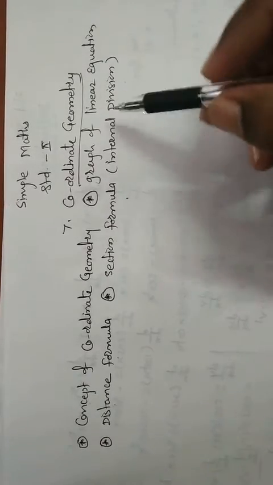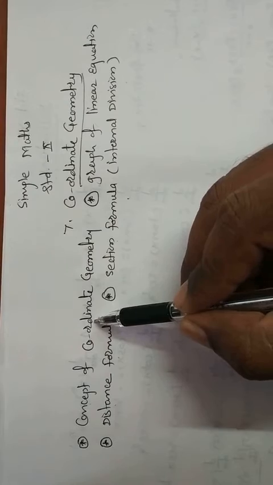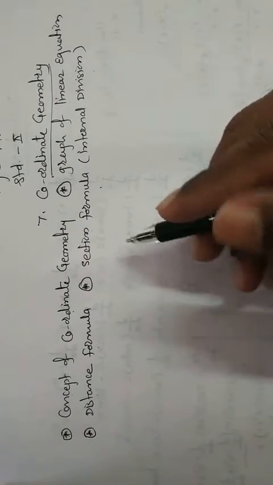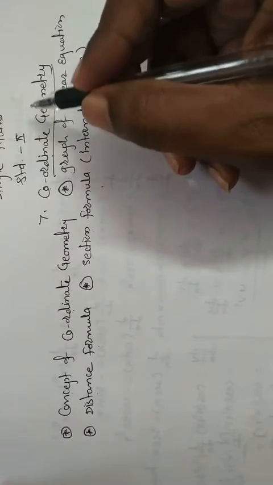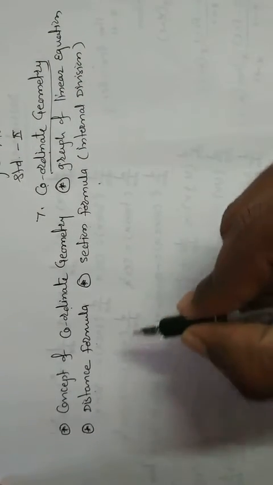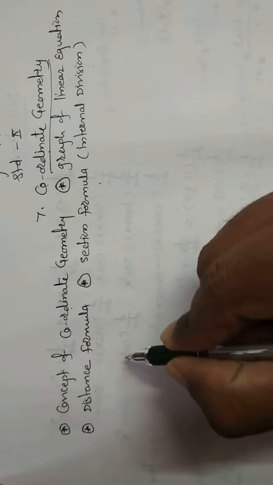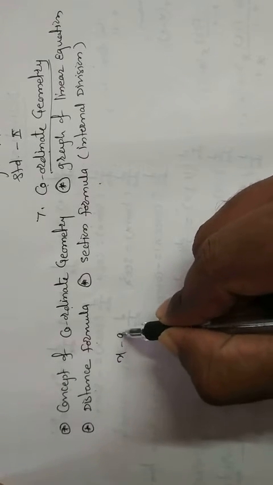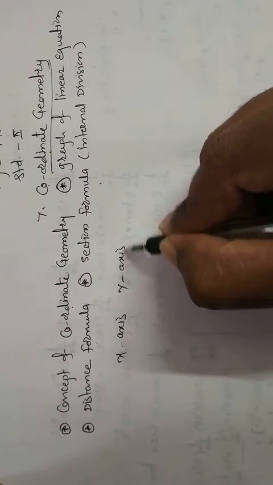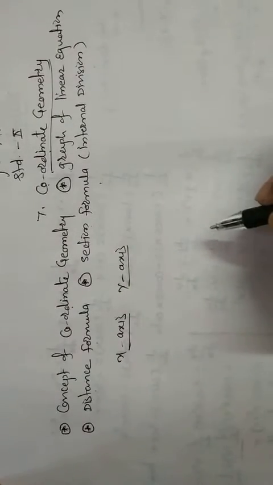So you all know the coordinate geometry concept from standard 9, but we take a small recall. What is coordinate geometry? Coordinate and then geometry. So this is a topic of geometry but in the coordinate form. What is the coordinate form? That is x-axis and y-axis. You all know. X-axis and y-axis. In standard 9th, we know about that